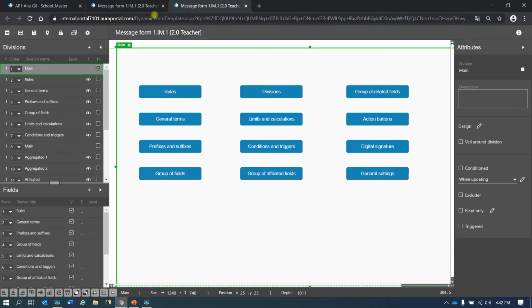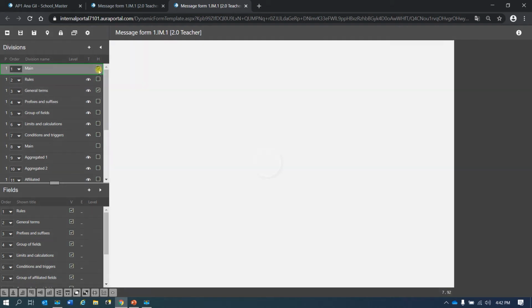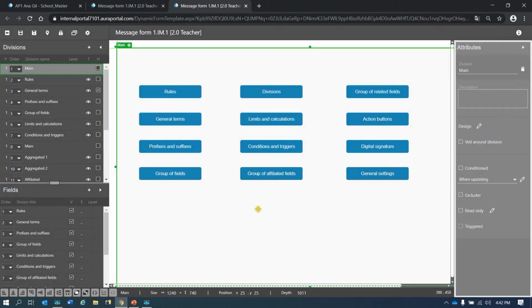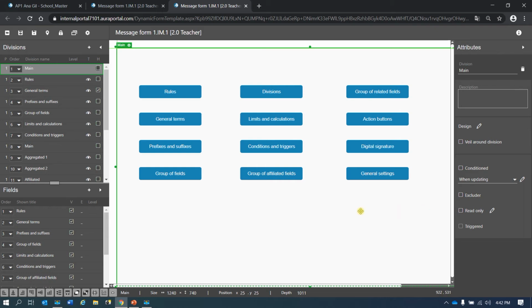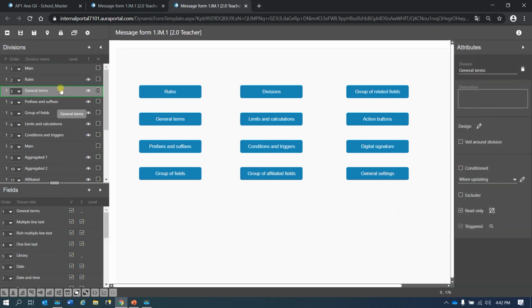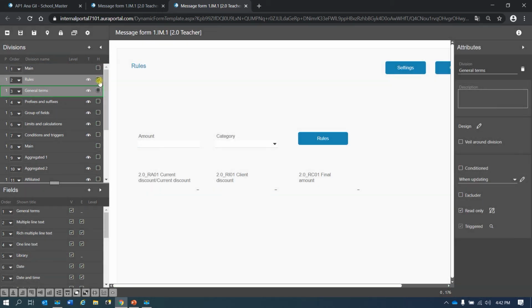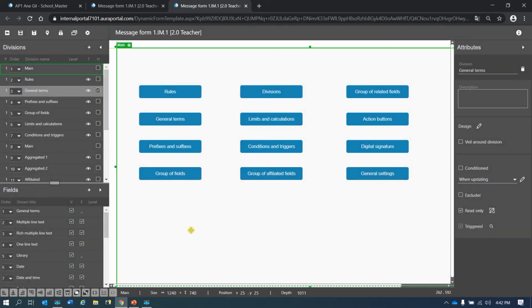That's because we set it up as a read only one. So if we go back here to the general terms one, we can just change it back. Now we have seen the veil around division option, the excluder option, the read only option. We have